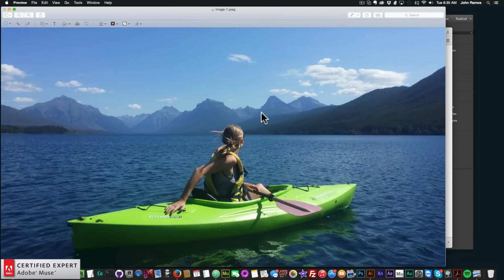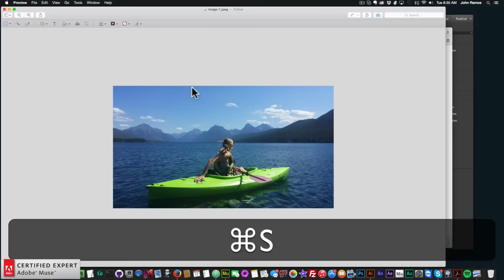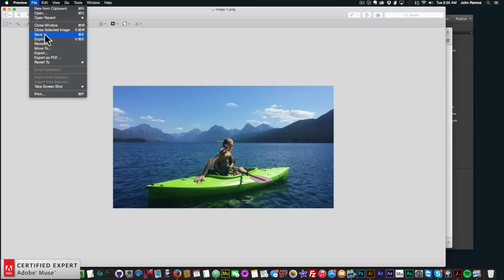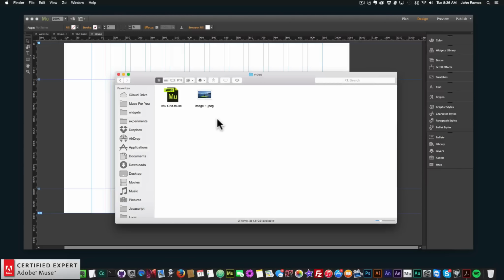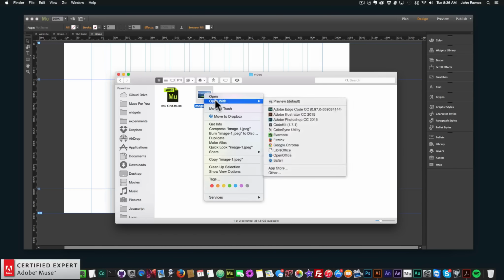So I'm going to click OK, and now I'm going to hit Command S to save, or I can go to File, Save to save the image. So now I'm going to close this window. So the next thing I want to do is create a pixelated version of this image. So I'm going to right click, open with Adobe Photoshop,